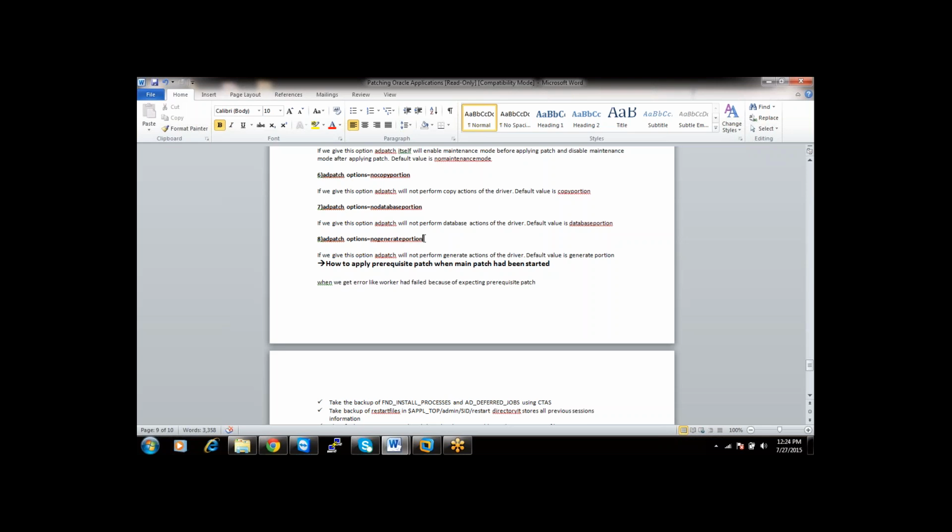With this kind of architecture, whenever you are going with AD patch, you first have to apply patches in internal. At the internal level, whenever you apply a patch, it will perform the C driver, copying the files. Then it will do the database portion. In the database portion, it will execute the SQL statements, the SQL packages and procedures for the database.